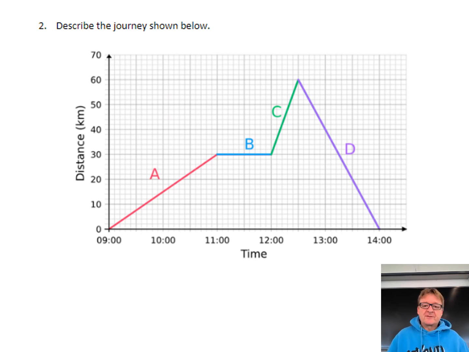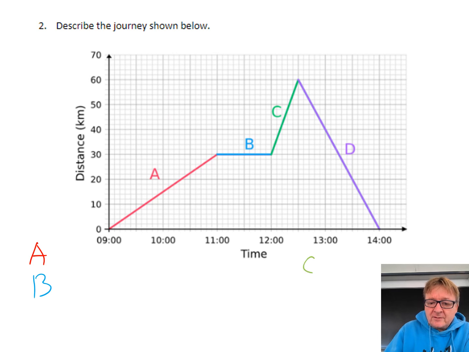Now, I love these graphs. All right, so what I'm going to do is I'm going to do each individual one. We're going to go A, going to go B, going to go C, and I'm going to go D, which really hasn't given me very much space over on the side here, right? So that was a bit daft, right? Now, these graphs, what you've got to do is you've got to look at